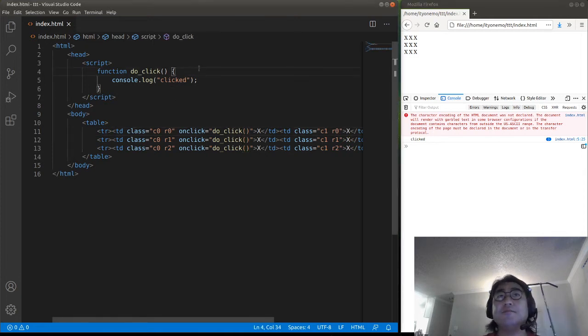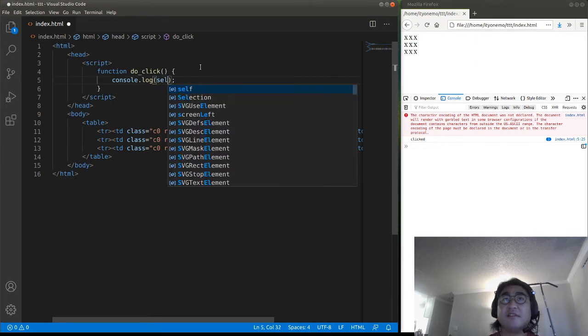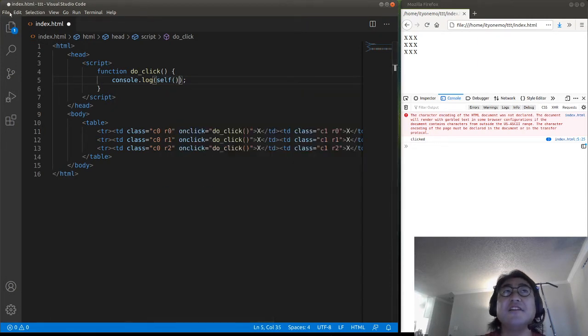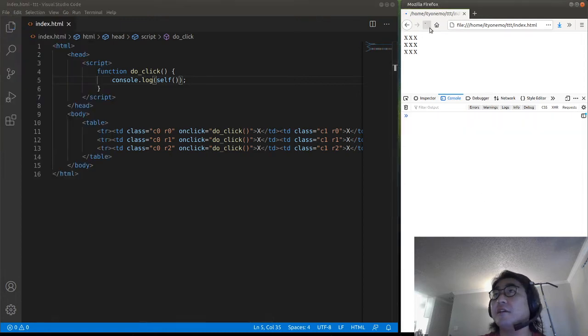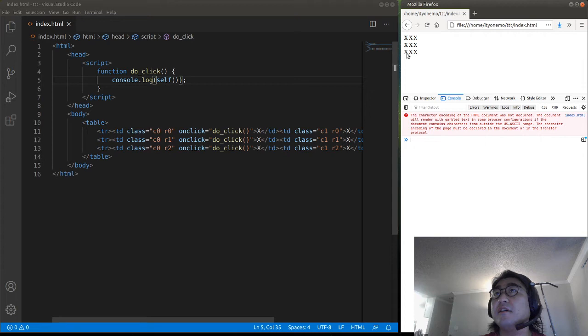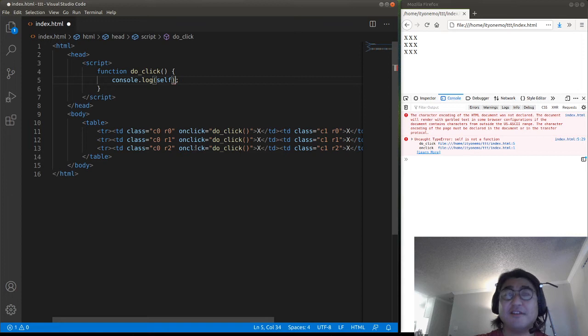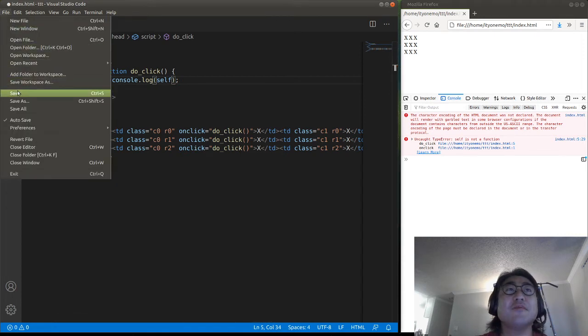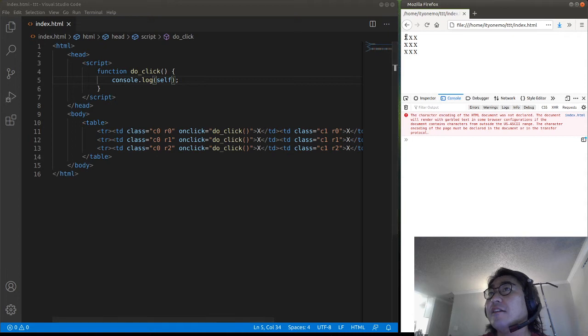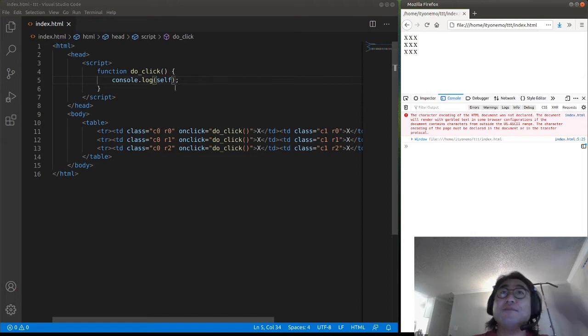Okay. What's self? I wonder what self is. Can I directly console.log self? Man, I'm so used to Elixir where I can just inspect things. Self is not a function. It's an object. That's right. Object-oriented programming. Window. Okay, so that does not give me what I want. All right, that's fine. We can just call do click with the